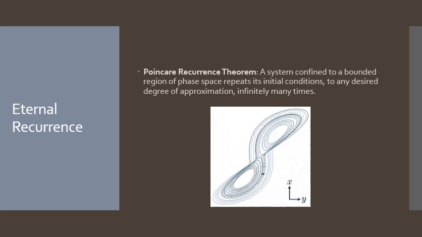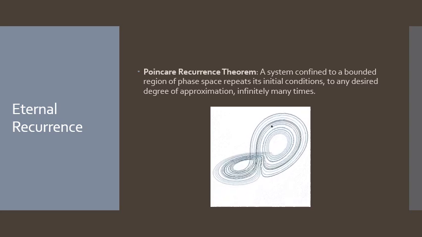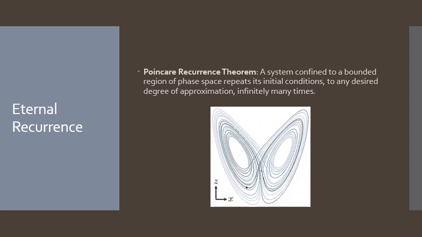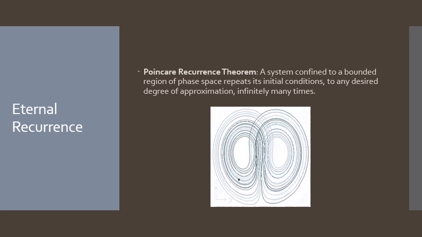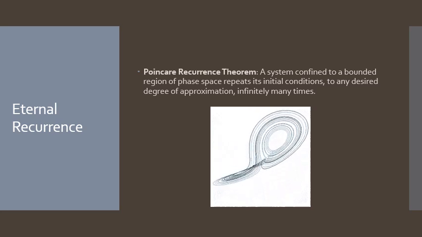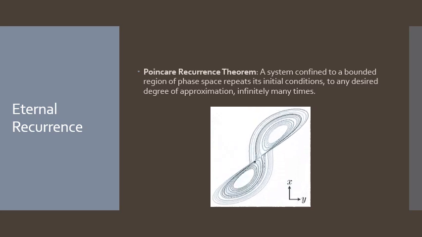I note also that the eternal recurrence is the way that Nietzsche thought about the eternal recurrence. It was an exact repetition. So he thought that everything that's occurring now will repeat exactly in every detail at some time in the future. The Poincaré recurrence theorem doesn't support this, but it does support that you can get an approximate recurrence. So in other words, there will be a future state that is as close as you like to the current state, but with at least some non-zero degree of approximation.